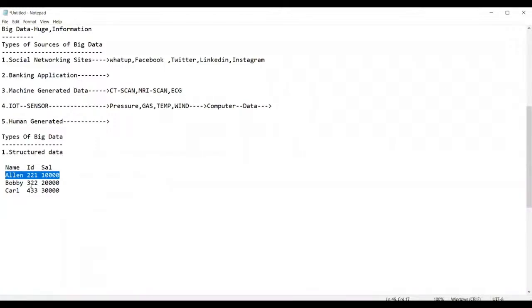Am I right, guys, everyone? This kind of data is proper data. Hence, it is called structured data. The data which is placed in the proper form of rows and columns is called structured data. Am I right, everyone?